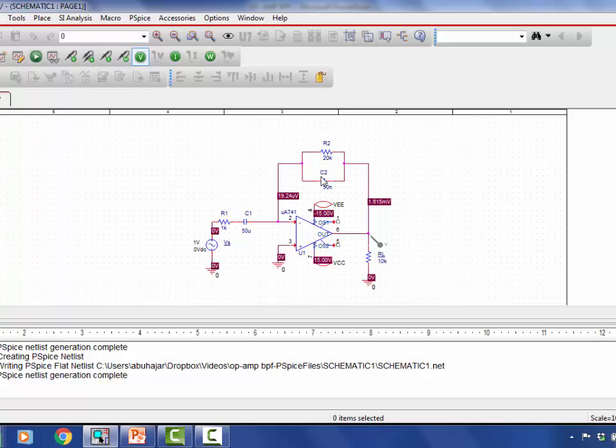The feedback loop is going to have R2 and C2, which are the 20K in parallel with the 50 nanofarad. That is connected to the output of the op-amp, and at the output of the op-amp we have a 10